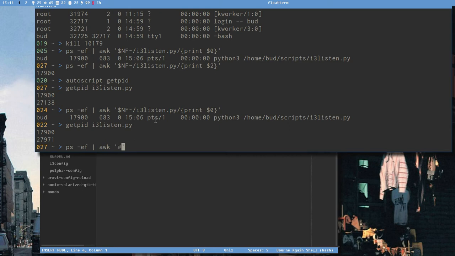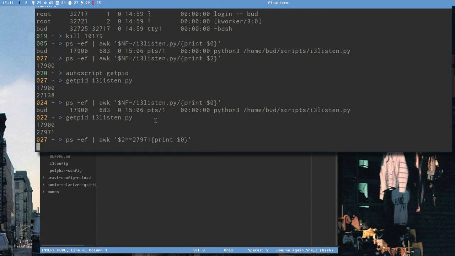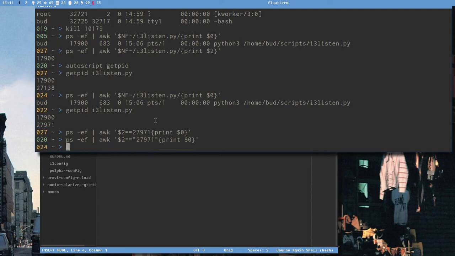If $2 is equal to 27971, print $0. 27971. Ah, we need to put it in quotes. No? I don't know. Okay, but we do a dirty fix here and